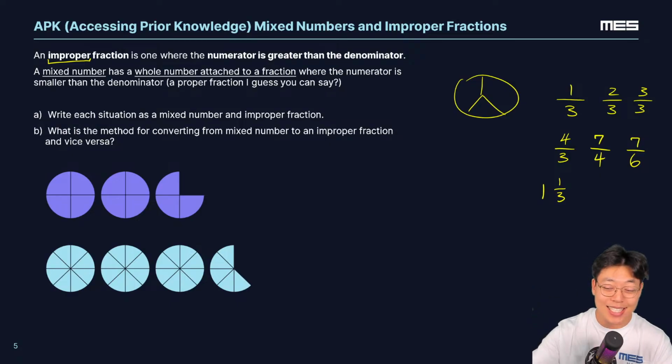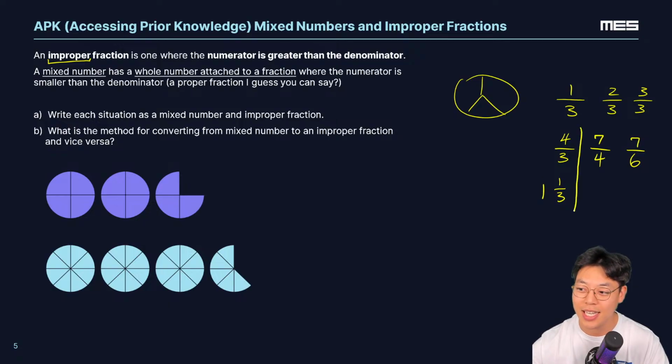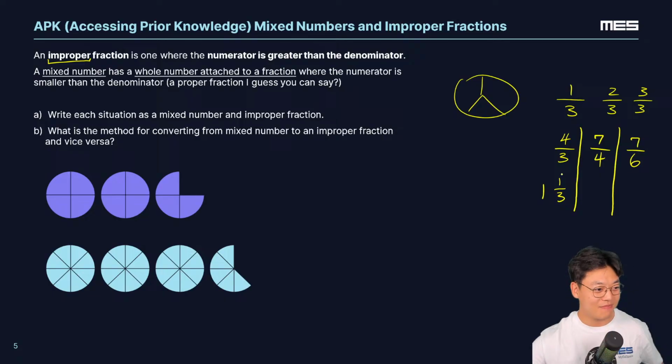So using Max's example of 7/4, what would you say would be the mixed number equivalent to 7/4 in the chat? Name me the mixed number that's equivalent to the improper fraction 7/4 in the chat. Max gave us this beautiful improper fraction 7/4, and I'm looking for a mixed number. I know 4 goes into 7 fully at least once, not quite twice, right? Because 4 times 2 would be 8, which is now greater than 7. Chloe, I see you got it already. 4 goes into 7 once fully, and then we're left with 3, right?